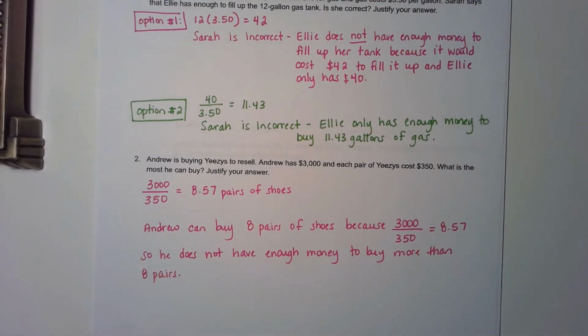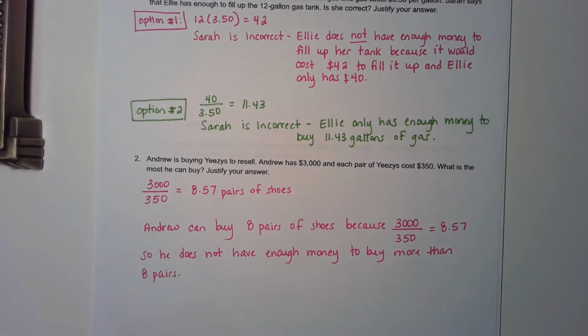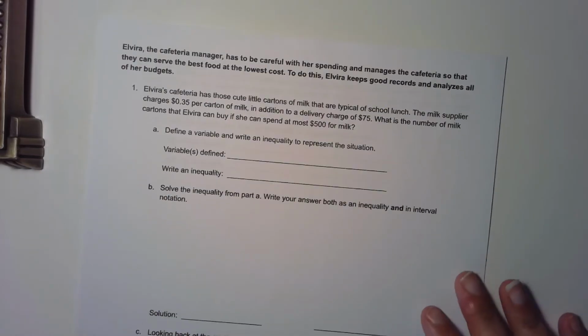It won't get him all the way to 9 pairs of shoes because you can't buy like 8.5 pairs of shoes. Okay, this is the first sort of way that we're going to be looking at inequalities in the real world. The next way that we're going to be looking at inequalities in the real world is where we have